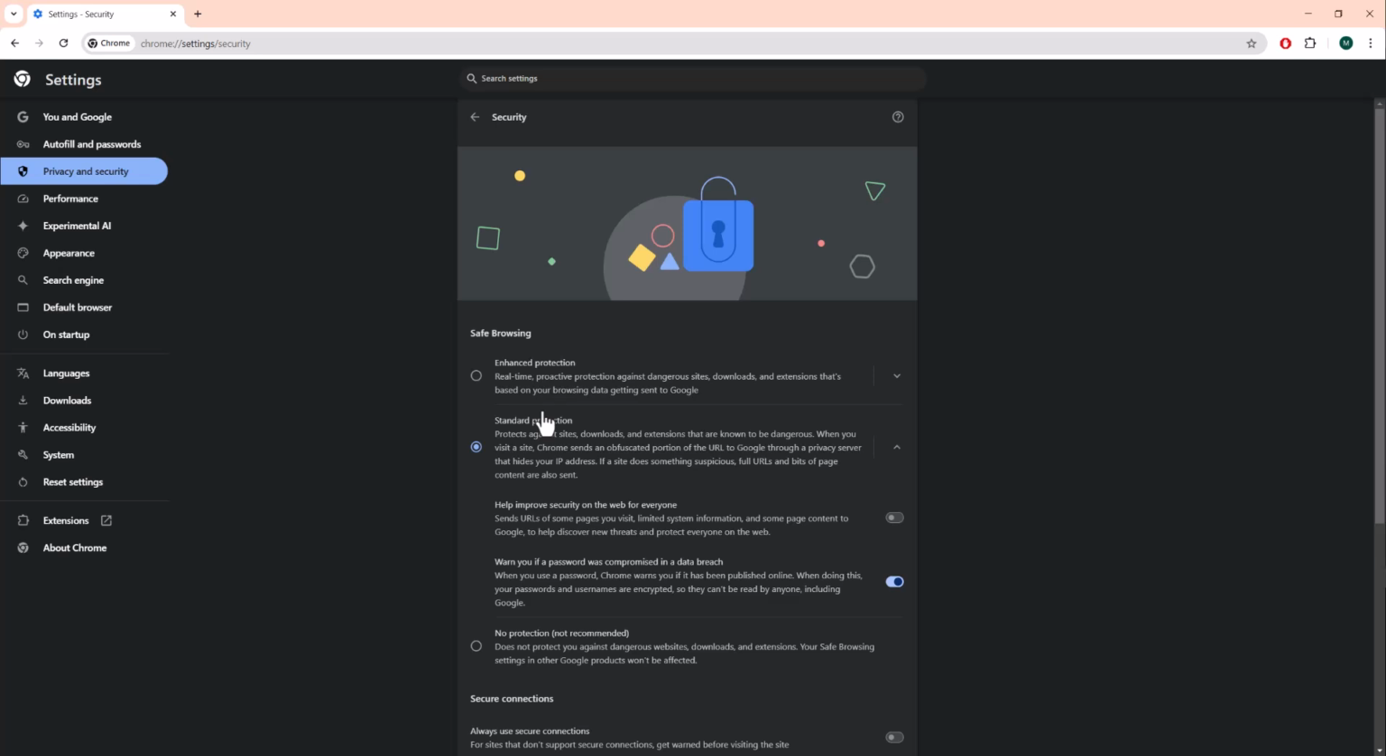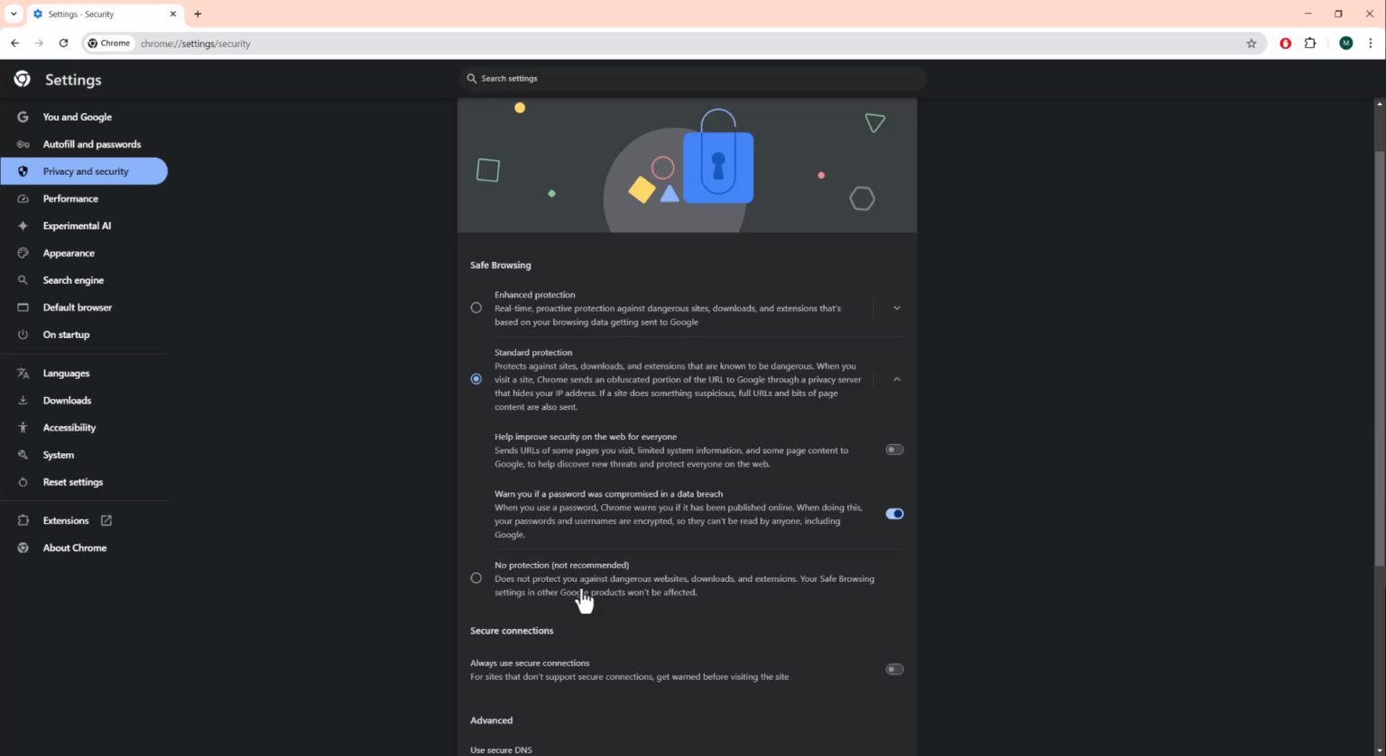I believe it's automatic. It should be on standard protection, and it says it protects against sites, downloads, and extensions that are known to be dangerous. You can do enhanced, which obviously puts it a step above, or, which is what you personally want, no protection. Now obviously I in general wouldn't recommend this, but this one will download everything that your computer is